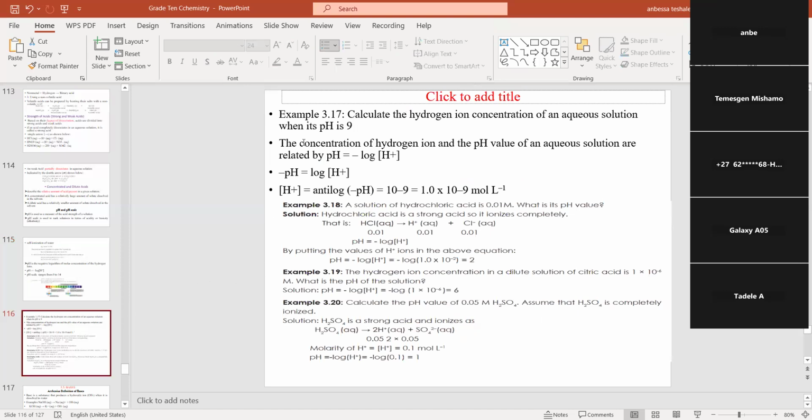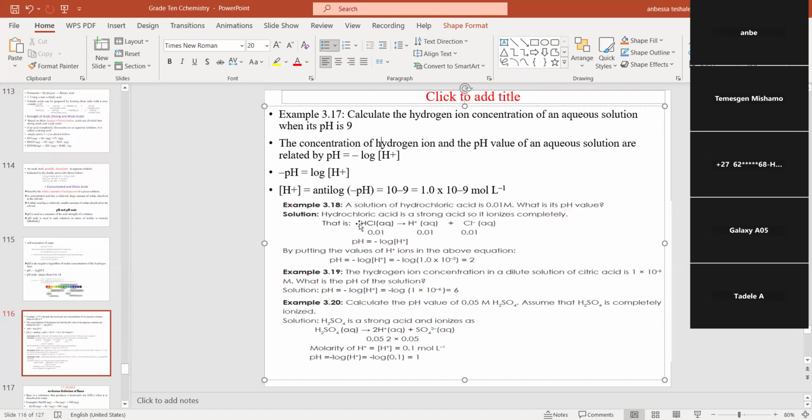Okay, here are examples. Calculate hydrogen ion concentration of aqueous solution when its pH is 9 ካለን pH is equal to minus log of hydrogen ion concentration። እዚህ ውስጥ ማንን ነው ካልኩሌት አድርጎ የተባለው? ሃይድሮጅን አዮን ኮንሰንትሬሽን ነው። ሶ pH is equal to minus log of hydrogen ion concentration ከሆነ concentration of hydrogen ion is equal to antilog of minus pH ይሆናል። concentration of hydrogen is equal to 10 to the power of minus 9 ይሆናል። so pH 9 የሆነው solution concentration of hydrogen ስንት ይሆናል? 1 times 10 to the power of minus 9 mole per liter ይሆናል ማለት ነው።